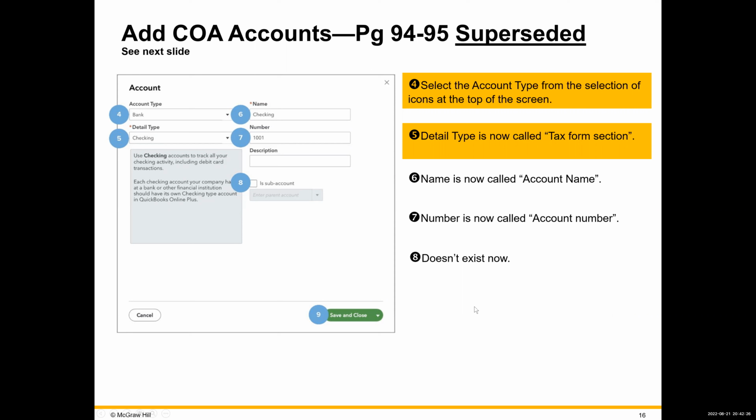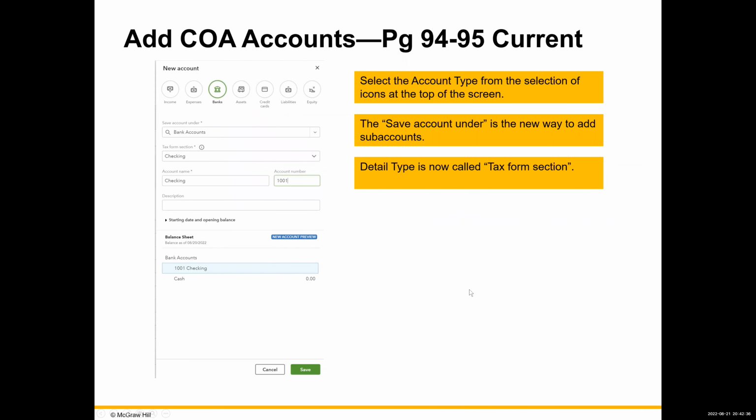So you say, okay, well then, what are we going to do? We're going to panic. No, we're not. We're not going to panic. We're going to check this out. This is the screen you're going to see. Okay. So now, instead of saying, hey, this checking account is the type, it's a bank. So we're going to select banks. How about that? Easy, right? And this makes sense. Its account is called checking, and it's account